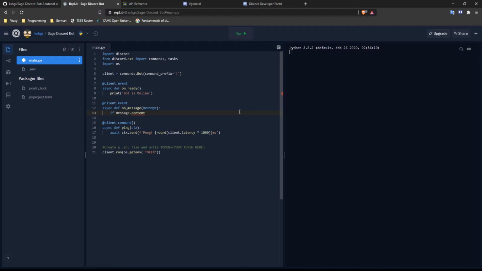Now we'll follow it by another string attribute, that is startswith, and we'll pass in the parameter hello. So whenever a user sends a message that starts with hello, our bot should respond with a greeting.